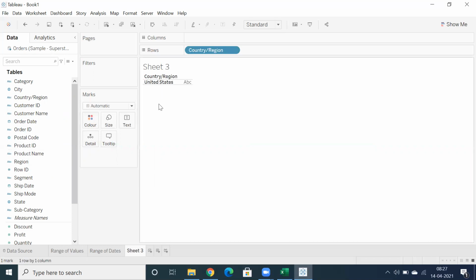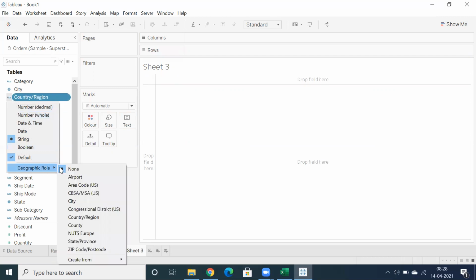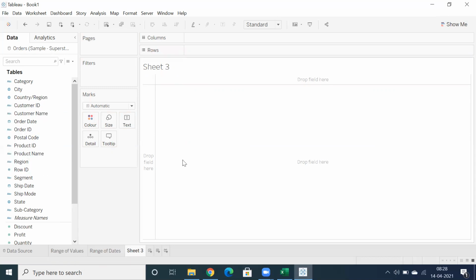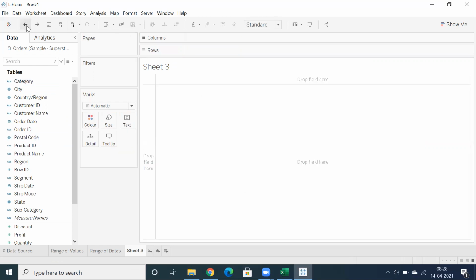No, right? Because of the data type, because of the geographical role. If the geographical role is selected, then it will create a map by default. So if you didn't have the geographical role selected, manually you have to come down here and choose it. Now double click. Now you can see I'm able to create a world map. You understand, right? Data type is important, but there is flexibility, and that is the flexibility of these reporting tools.